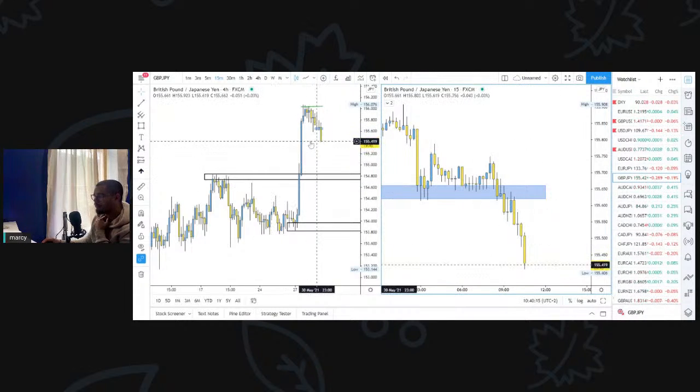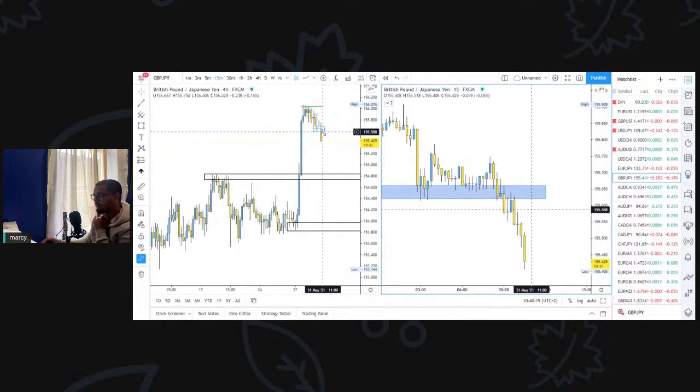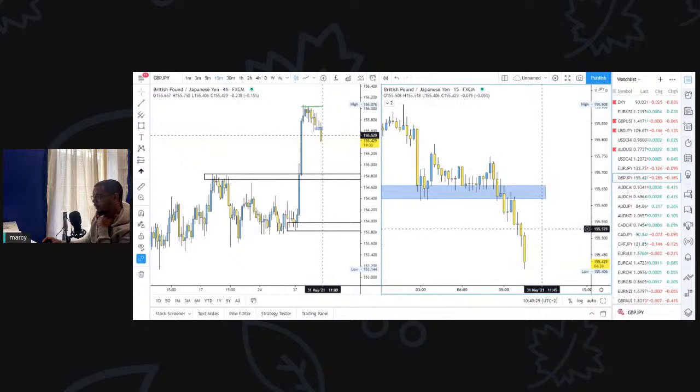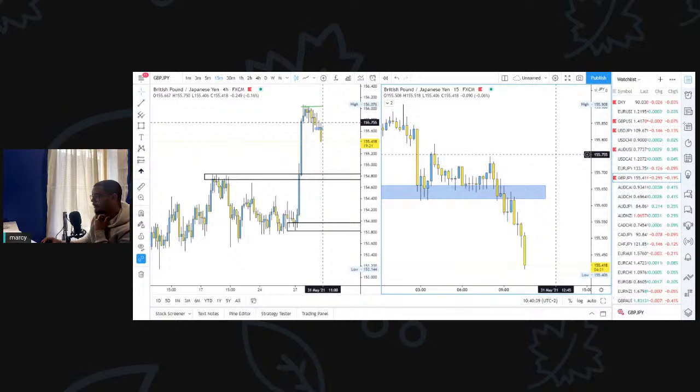Now, I'm not too sure. Do I wait for the next 4H candle? Because you can see this is momentum. We can move all the way down to here, or even just to get a retest of this level on the 4H. You don't want to sell in the push phase. However, what you want to do is take advantage of one 15-minute candle. So I think pound JPY might be on my list for the next